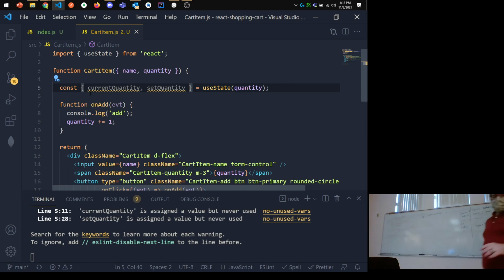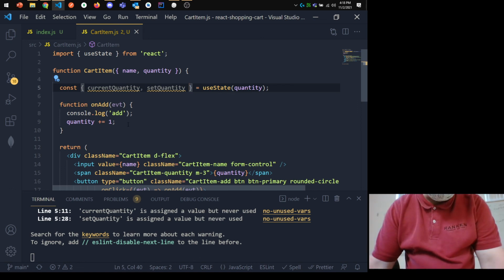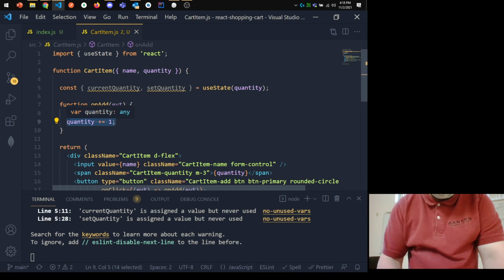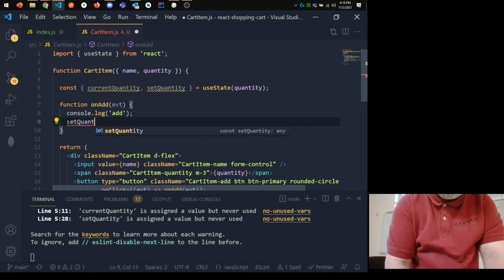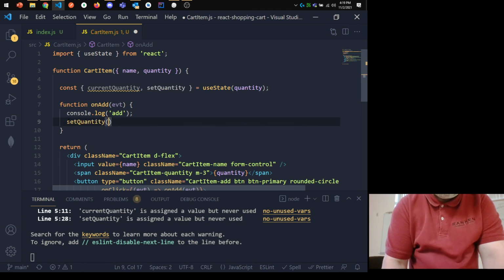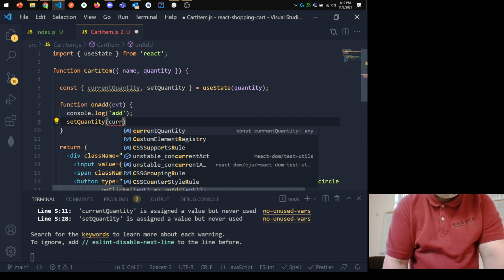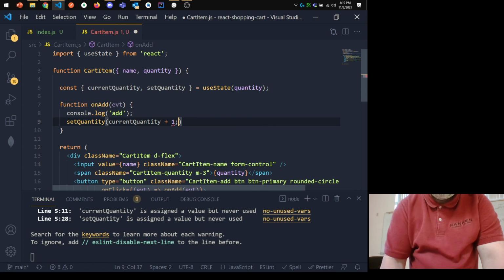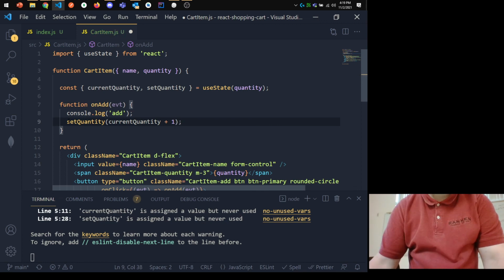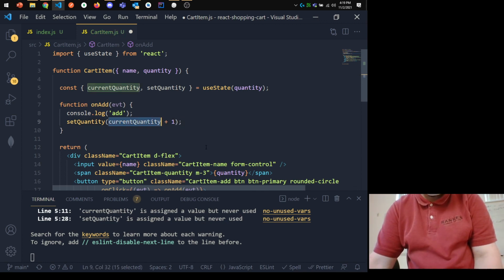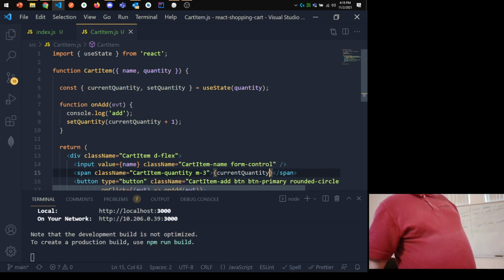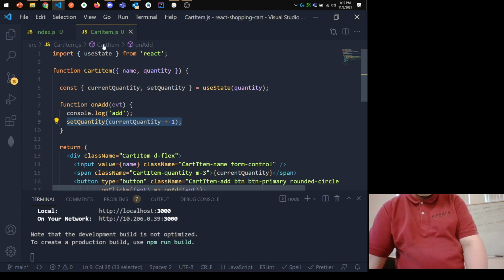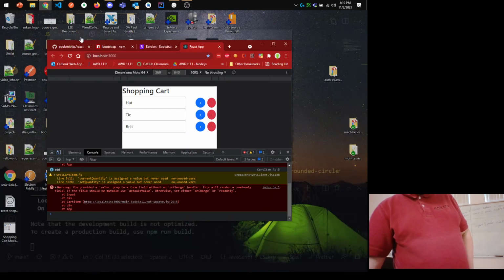Okay. So rather than setting these things, I'm going to go in here. Rather than setting the quantity variable, I'm going to call set quantity, and this is going to be current quantity plus 1. I also need to make sure when I render it, that I render it as current quantity. So I've got current quantity down here. We call set quantity when you click the button. If we try that out,